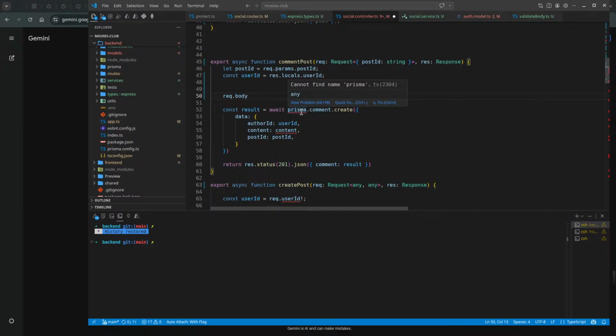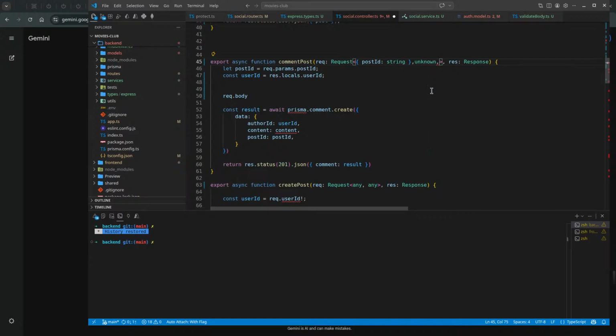So I need a type, create comment body server schema. Okay. So this is going to be, I think this could be any, maybe not any.